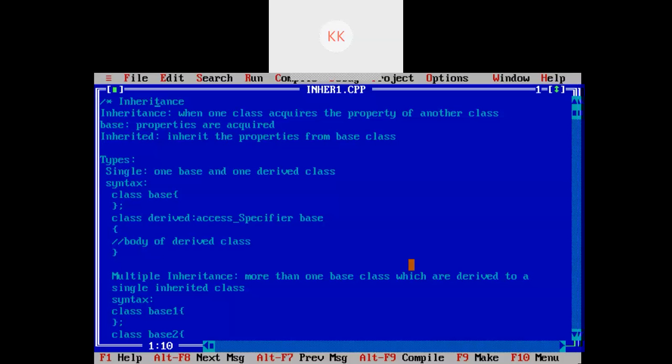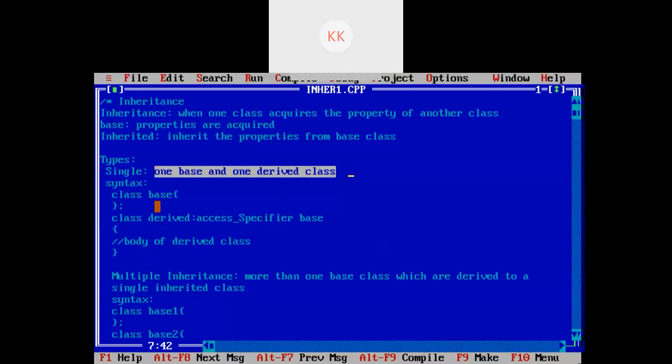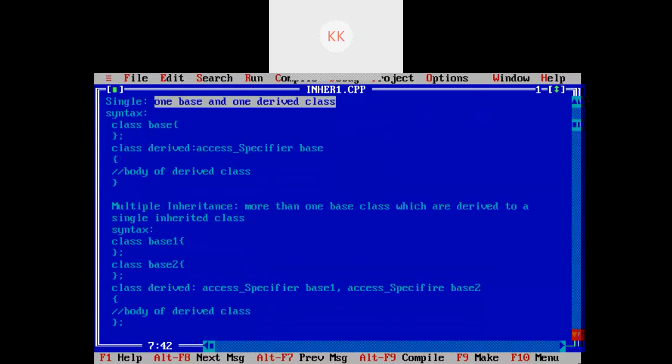There are types of inheritance. First type is single inheritance. In single inheritance, there is one base class and one derived class. A base class derived to a single derived class is called single inheritance.